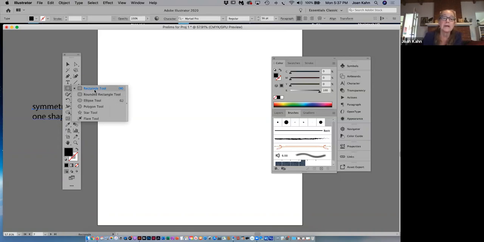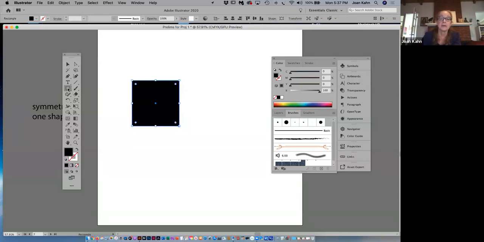So I'm going to use the rectangle tool and just show you. Every time you make a shape, if you hold Shift, it'll become an equilateral shape, or a shape that has equal sides. So the rectangle becomes a square. The ellipse becomes a circle. So I'll go to the ellipse tool. These are the geometric shapes. So the ellipse, I'm holding Shift. The ellipse will become